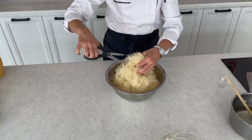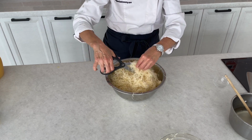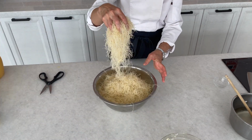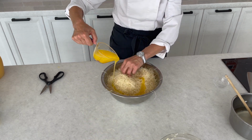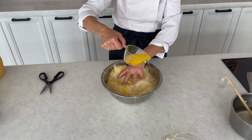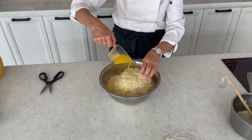So you just want to keep shredding this up until you have it all into little bits. Now, once it's all cut up and you're happy that it's shredded to your liking, you take your vegan ghee and pour it over there, and you want to combine it. That's all we're putting in there, those 2 ingredients. And you want to make sure you get the ghee coating all of the